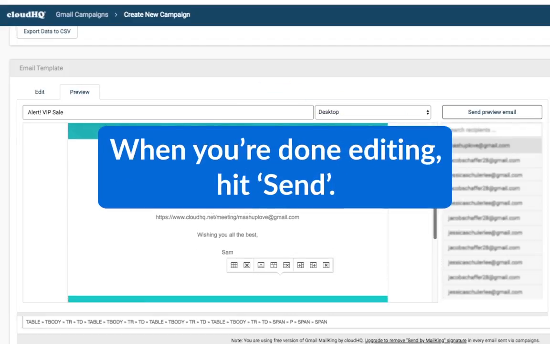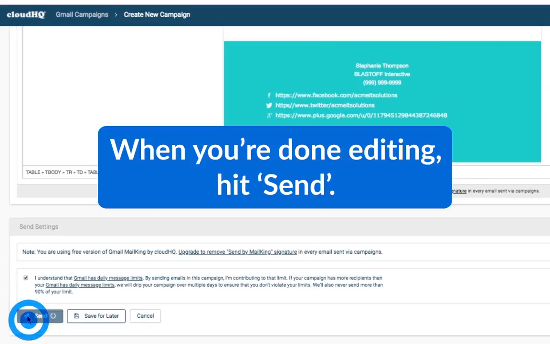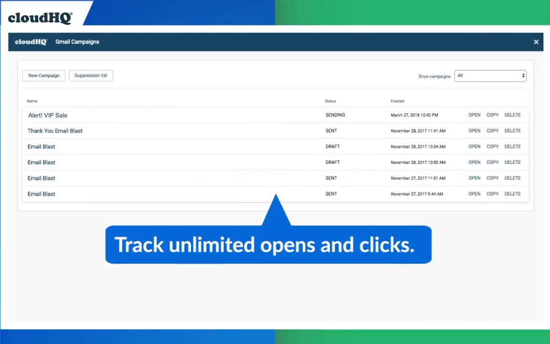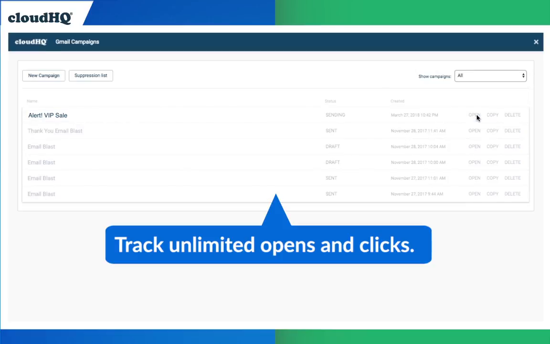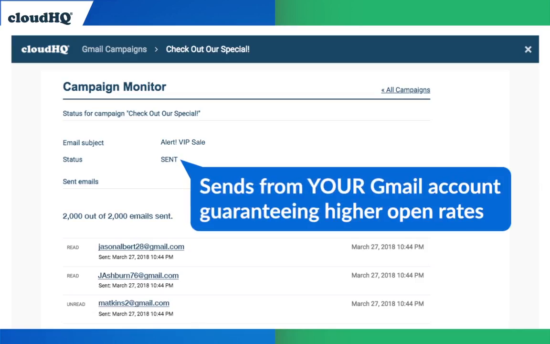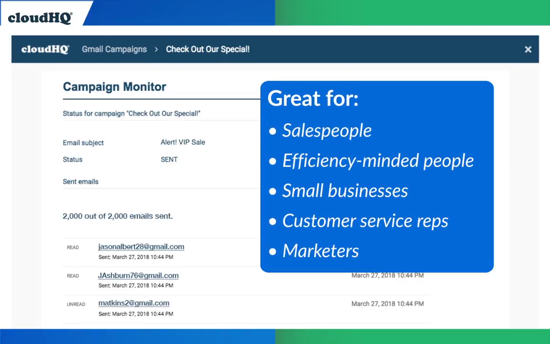When you're finished editing your email, hit Send. Here you can track unlimited opens and clicks. Emails are sent from your Gmail account, guaranteeing higher open rates. MailKing is great for salespeople, efficiency-minded people, small businesses, customer service reps,